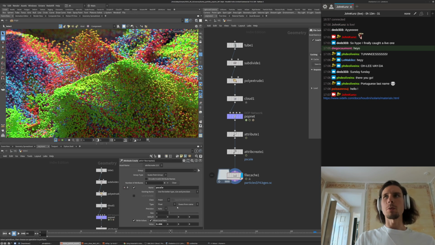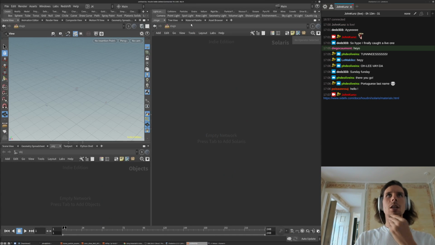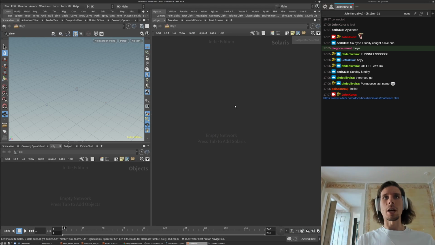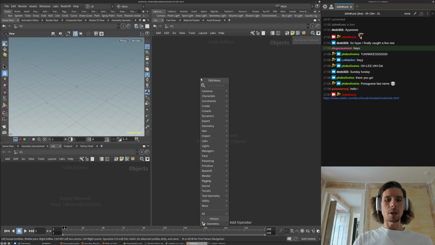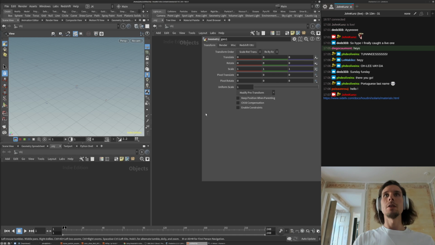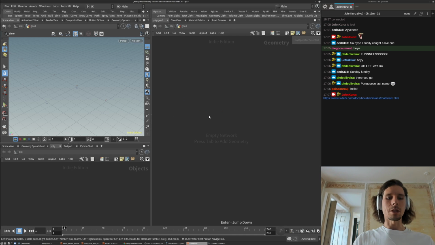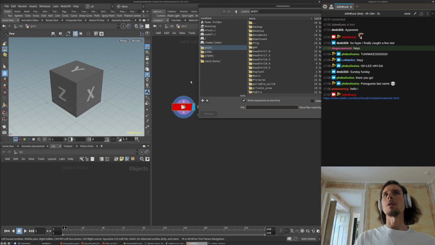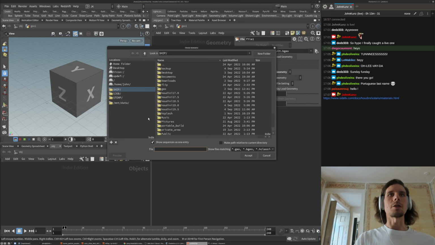So if you do have multiple Houdini sessions open and you're going to be doing GPU rendering on both, just make sure that you're not churning things in the background at all times. So yeah, I'll get going here. I'm just going to make a geometry node and go inside and do the file. And then I'm going to grab, we kind of touched on this last time,